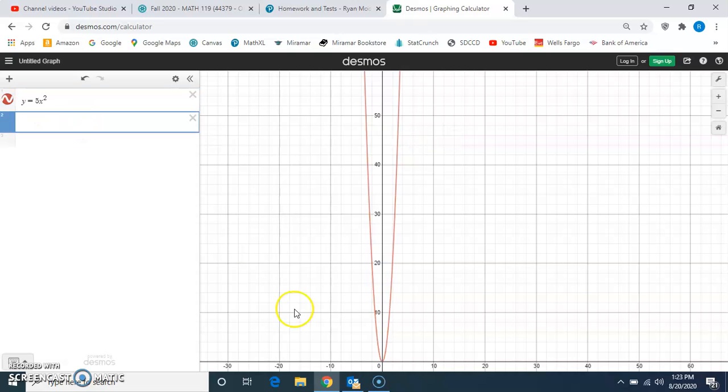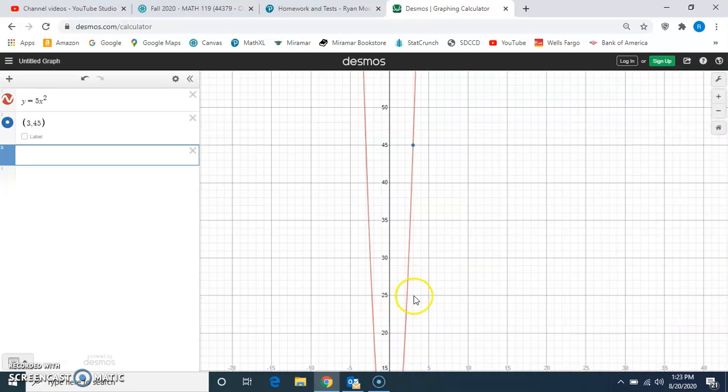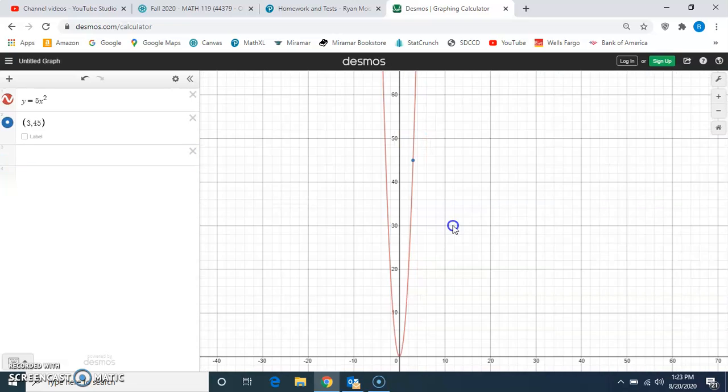Where is it? 3, 45. Okay, well, it's hard to pinpoint it exactly. You can also type in an ordered pair here into Desmos, which is pretty cool, and it highlights right there. There's 3, 45. But really the point being, we can see there's no holes, there's no jumps. Okay, the next one we did, a little bit more interesting,